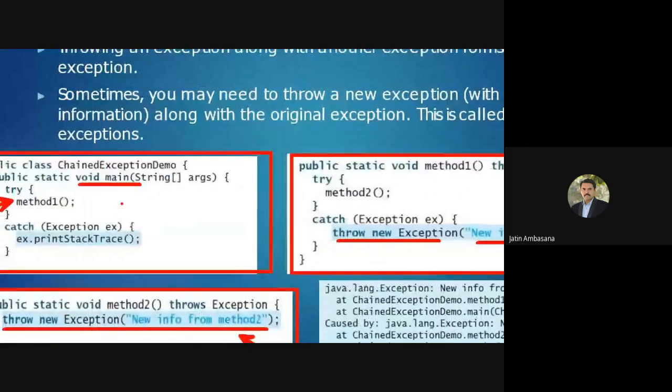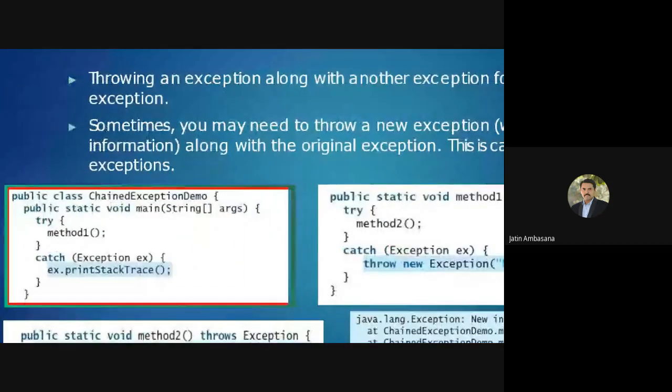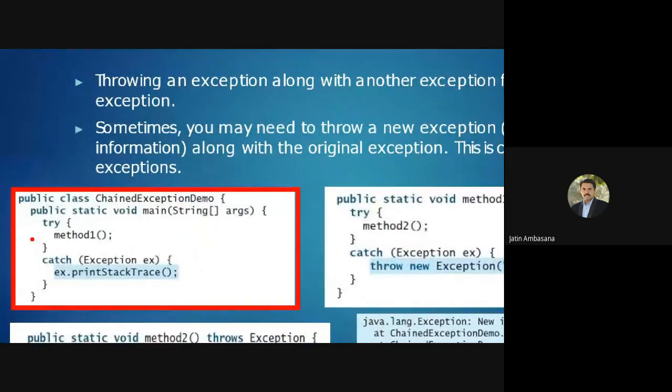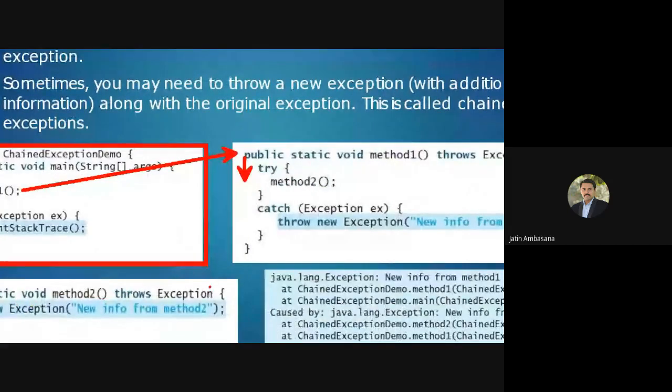Right. So what happens is, see, when running this main method, the control comes over here. It calls method 1. The control comes over here. It calls method 2.